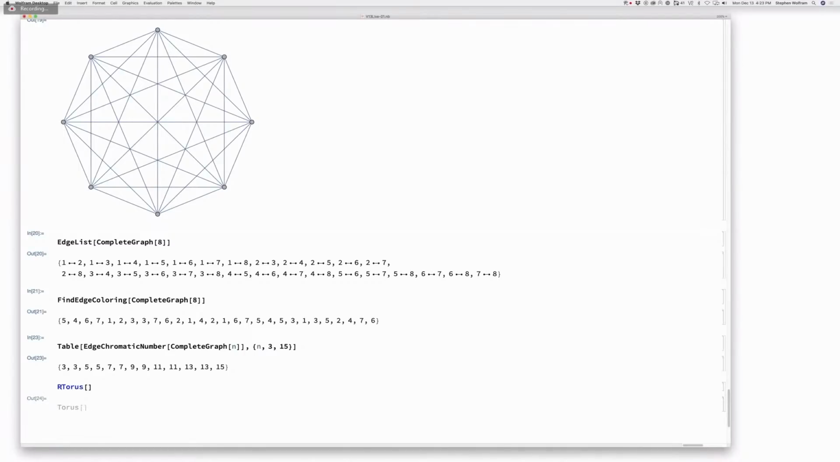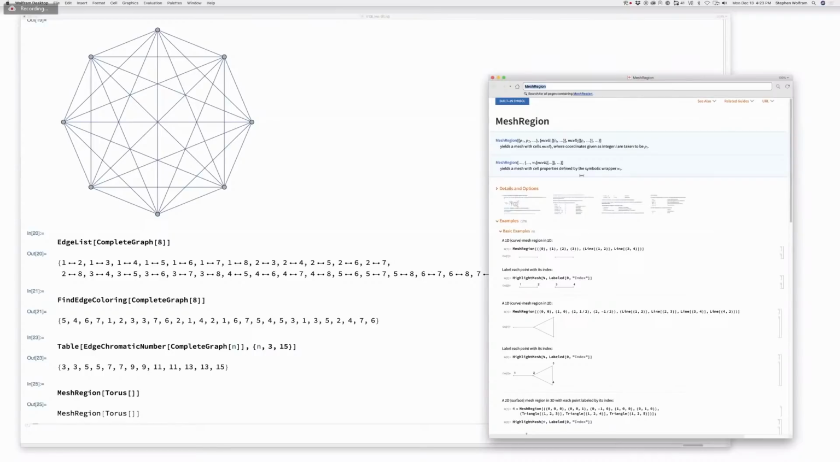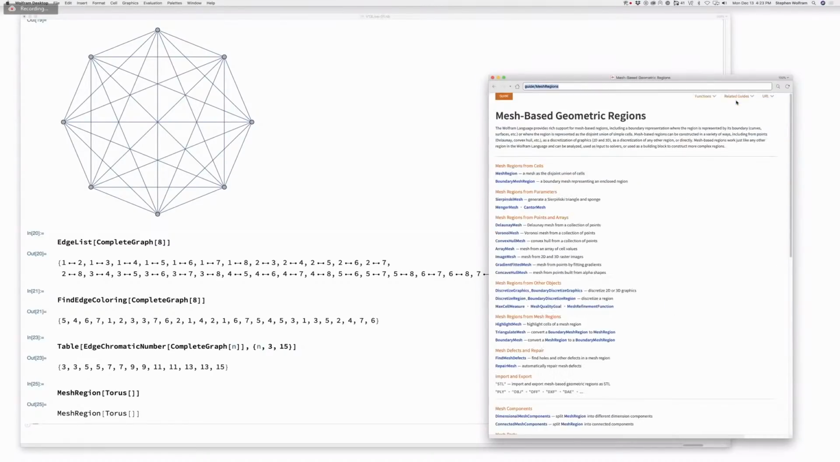What is it called? I want to make a mesh out of this torus. I think it's a mesh region, right? Of the torus. And then what I'm trying to get is the graph. Let's see. I think I need to look at the documentation. Always a good thing to do. Mesh-based geometric regions. So I think what I need to do is to find,